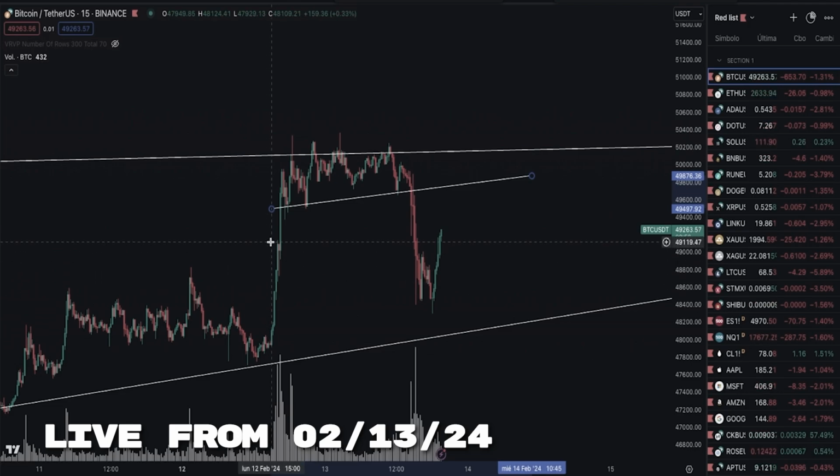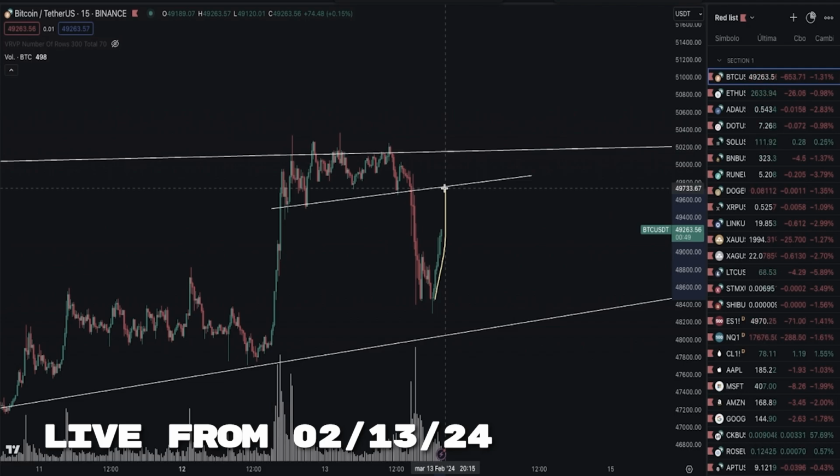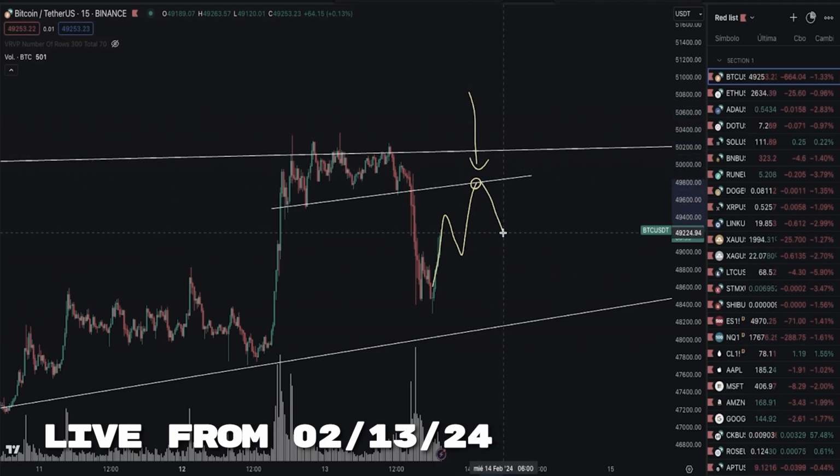Let's look for the level. There is the level. Something like that. It has room to go up. They don't have to do it all at once. In fact, I wouldn't like it to be all at once, but who knows? They can do it like this. I would like it better if they did it like this to have more confidence in the short potential.